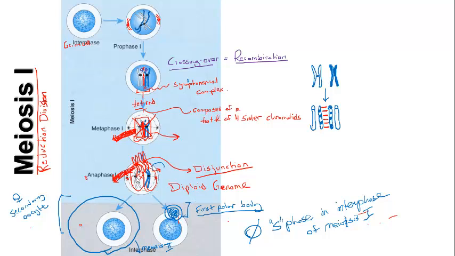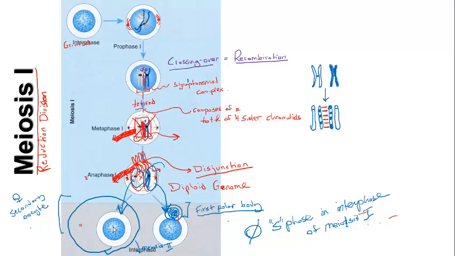Why? Because look, this one right here went here, and this one here went here. I don't see any separation of the sister chromatids. That never happened like it does in mitosis. Never happens. The kinetochore is still intact. Sister chromatids still intact. Bivalent chromosomes still intact. And so they go in here, so that you still have two identical copies